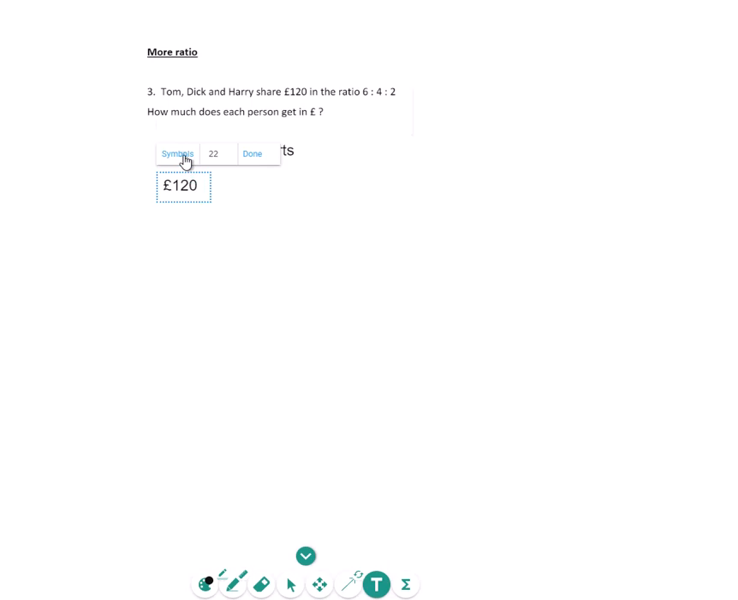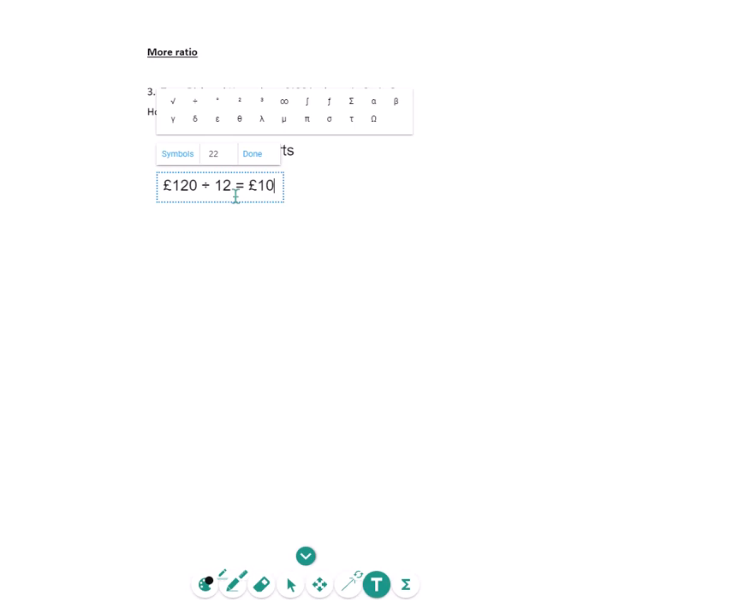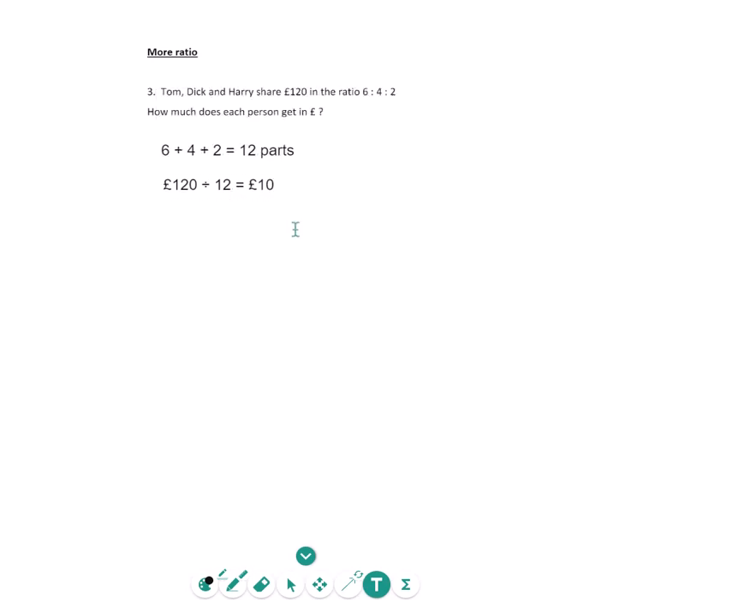is 120 divided by 12, and that's £10. So Tom gets 6 parts, £60,